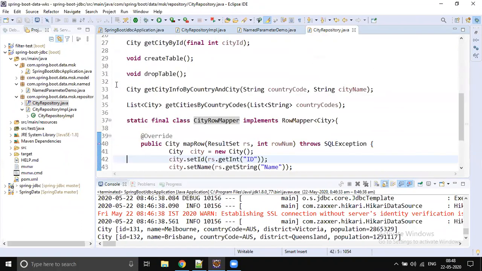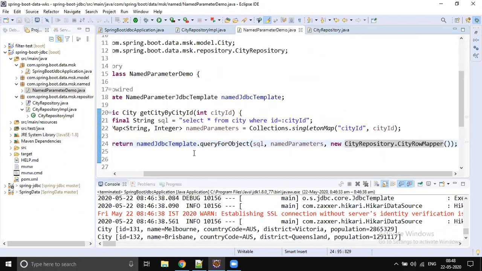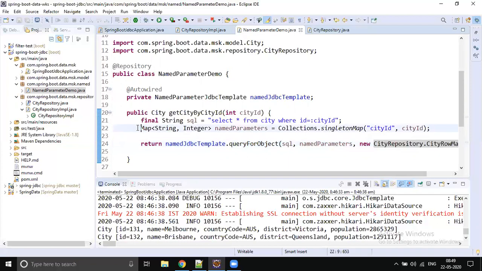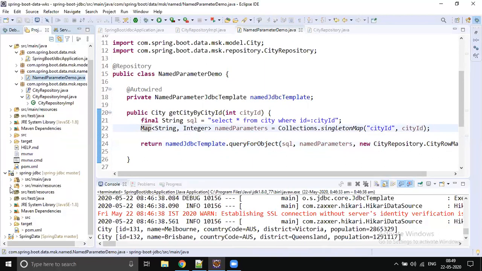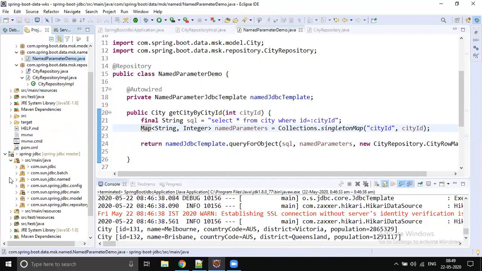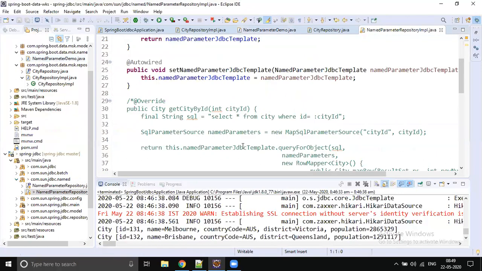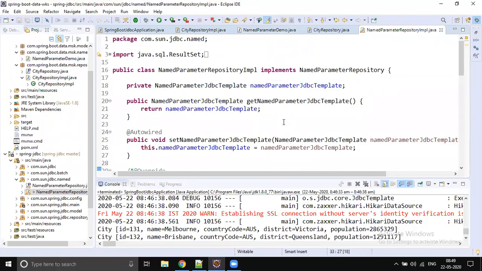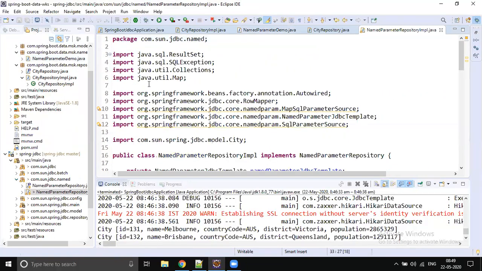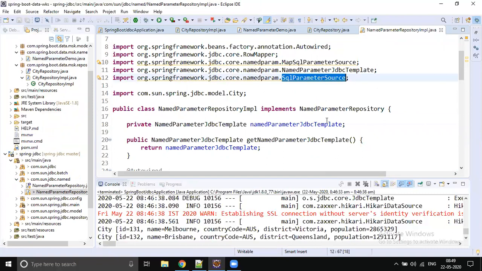One more thing I would like to tell you is actually here we are passing parameters in a map model, right? So you don't need to pass map model. There is another approach also available. As we are Java guys, we know already map. That's why we are using that. But it's also possible to use a different class. I think that is SQL parameter source. It is a Spring's class.